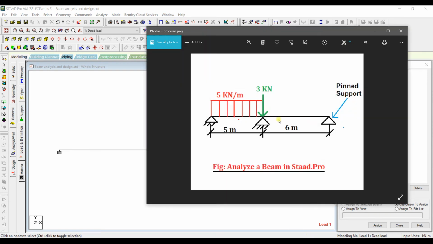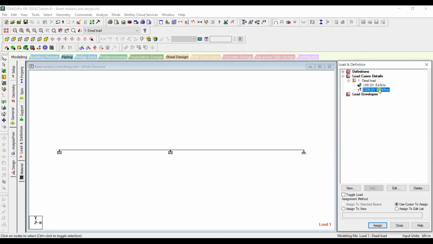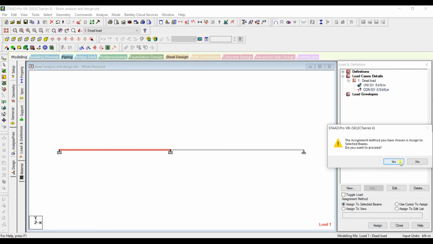As per our problem, we have a concentrated load of 3 kilonewton acting at a distance of 5 meter from the left end. So this one is D1, so I will enter 5 meter here and click on change and close it. Select this point load and using beam cursor select this beam, and now I will assign this load to the selected beam.